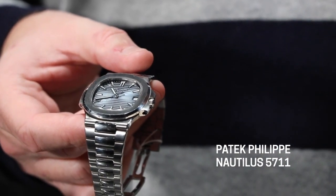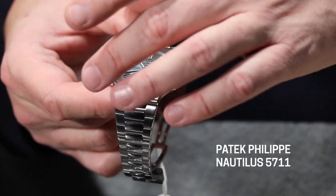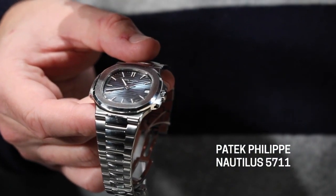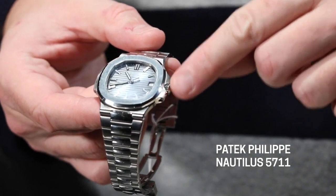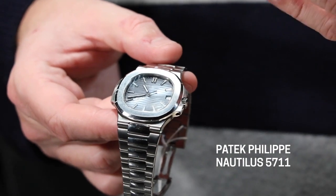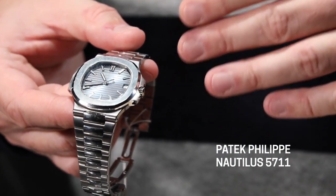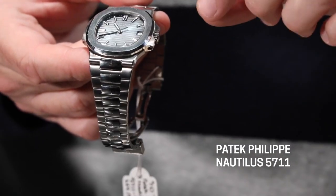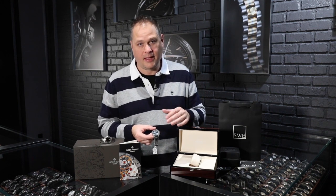And the little ears that are on the side of the case here and here are actually from, if you imagine a ship's window where it opens left and right, these would be the hinges for those windows. So you have one side that opens to the outside, and then you have the latch here where the crown is. So a very interesting design, because prior to 2006, this watch was actually a two-piece design,